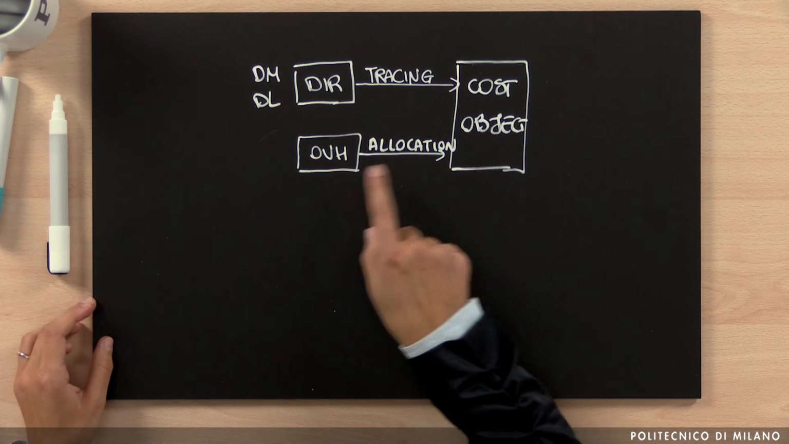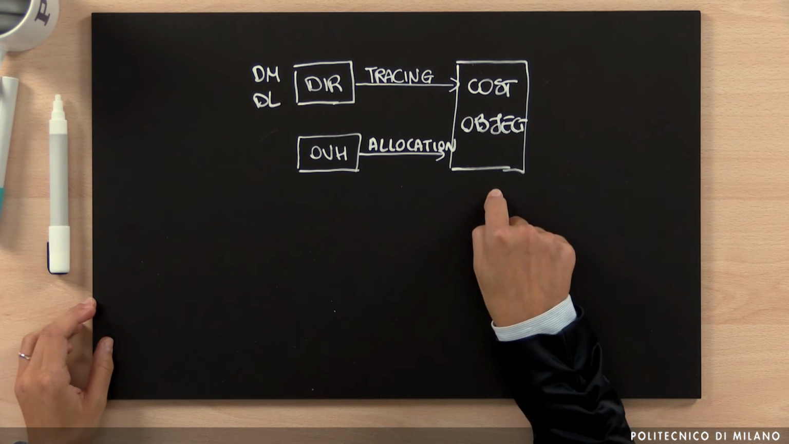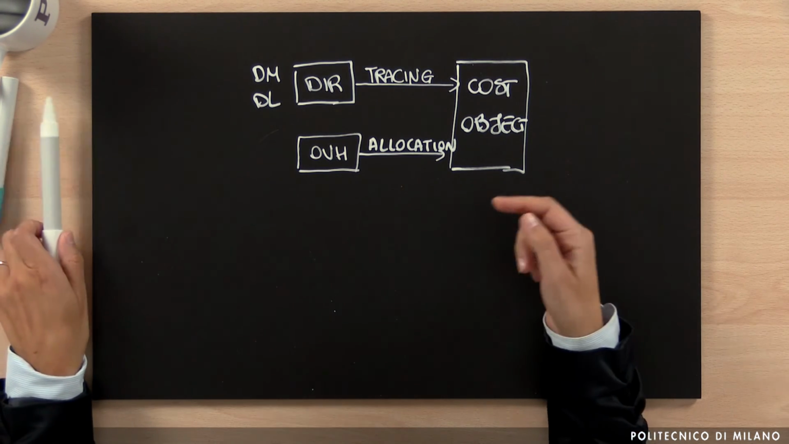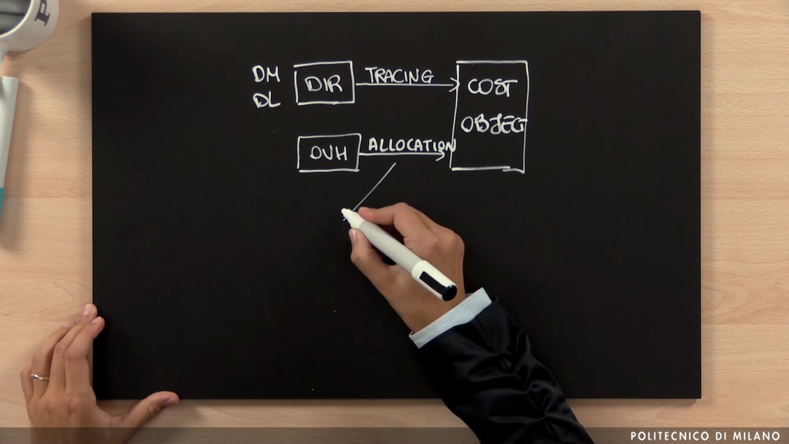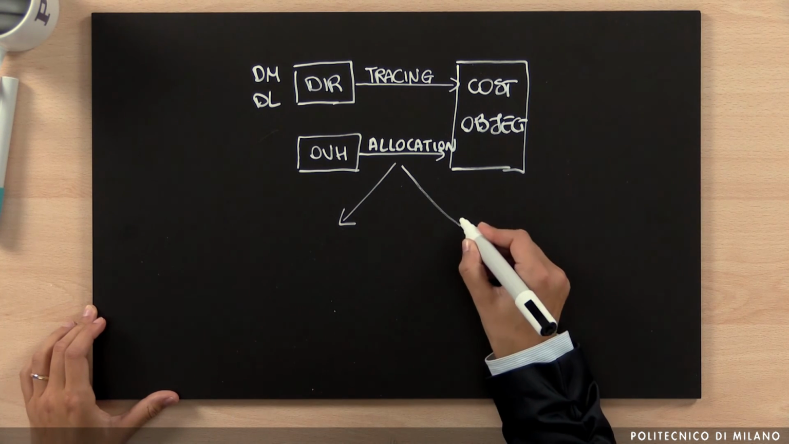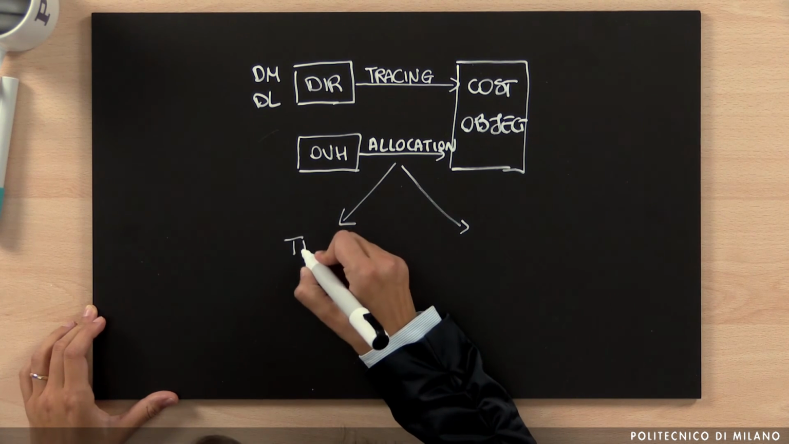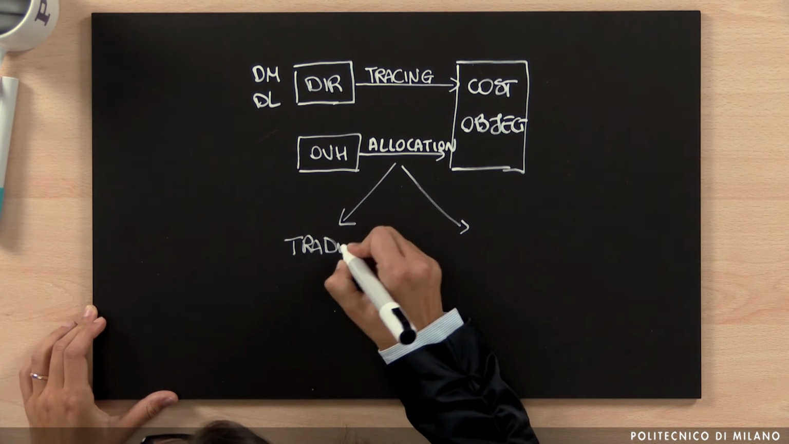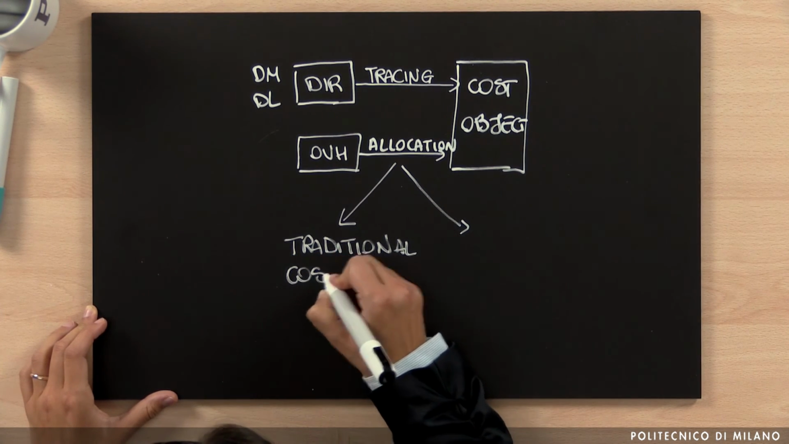This is the allocation: if we have the overhead, by using k, we can assign the value of the overheads to the different cost objects. But we can be even more precise, because if we need to assign the overhead, there are two different approaches that we can use in order to assign the value of the overhead. We can use what is defined as traditional costing system,